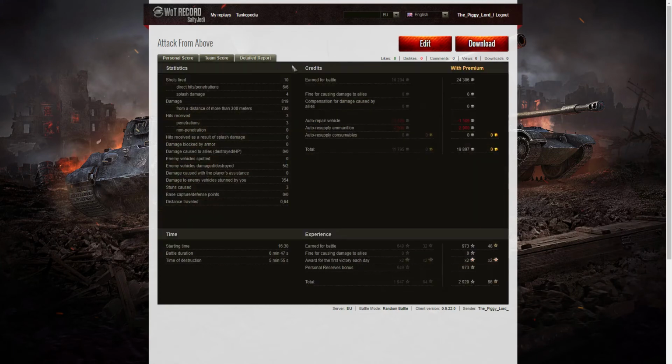So let's have a look at the detail report. Well, I fired 10 rounds. I only had 2 rounds left when the Churchill killed me. I managed to get 6 hits, 6 penetrations, and 4 splash damage. I did damage of 819 hit points, of which 730 were at more than 300 meters. I damaged 5 of the enemy, but killed 2 of them, and I did stun assistance damage of 354 hit points off 3 stuns. On a premium account, I earned 24,306 credits, and after ammunition resupply and repair, I still had